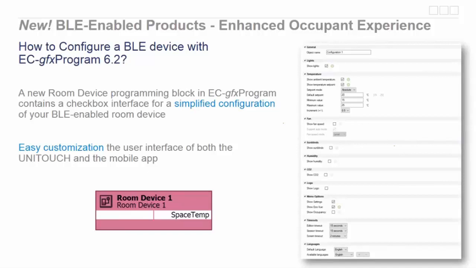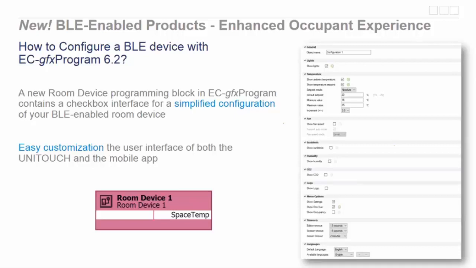The objective was to have a dedicated EC-GFX program block with a very user-friendly interface, and that's why we have an interface with checkboxes. By selecting the relevant checkbox, you are able to configure your product really easily. And like this, you will be able to easily customize the user interface of the UNITOUCH and the mobile app